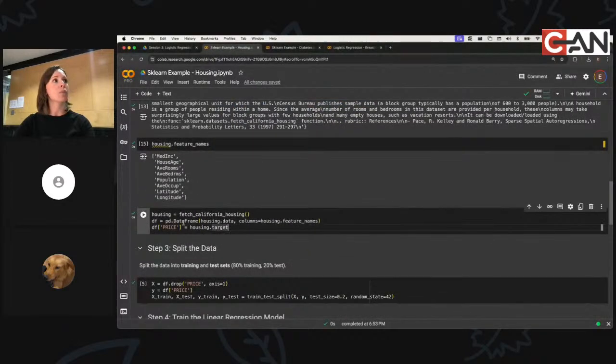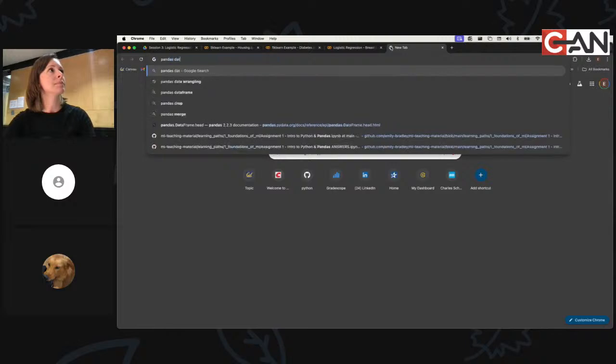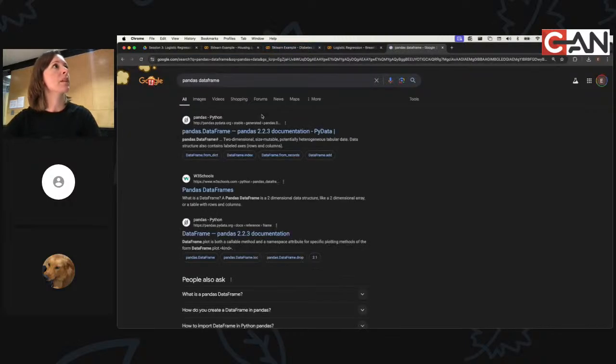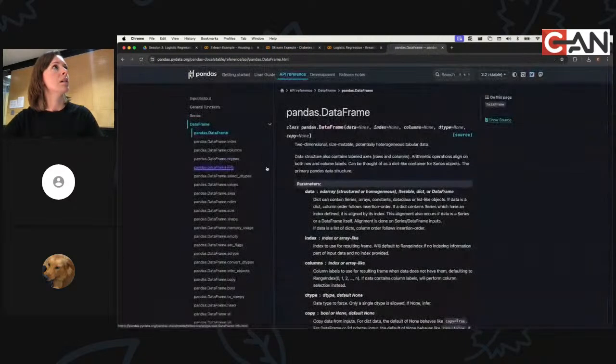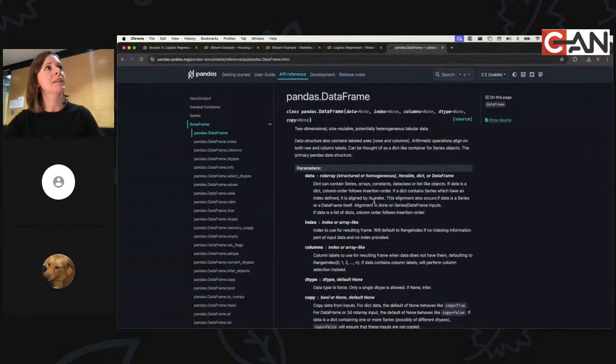And so what we're going to do is pass those into a pandas data frame. So we're going to pass housing data and feature names into a pandas data frame. And I should even make this more explicit by putting the word data here. There we are. So pandas data frame, let's look at that. Okay, here is our pandas data frame,